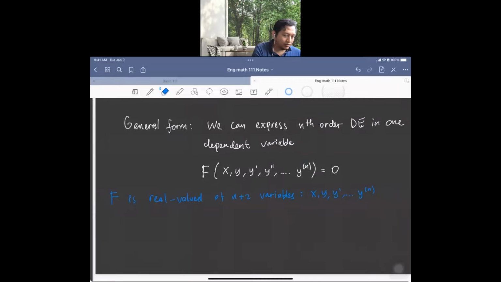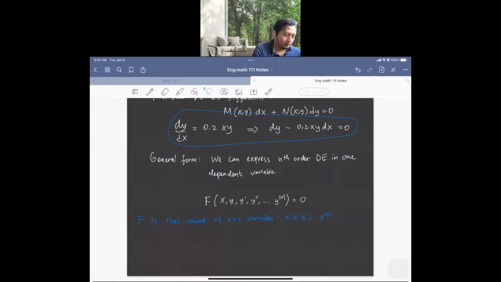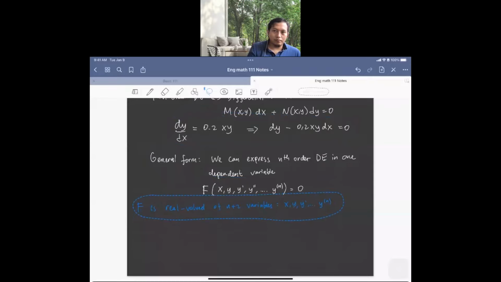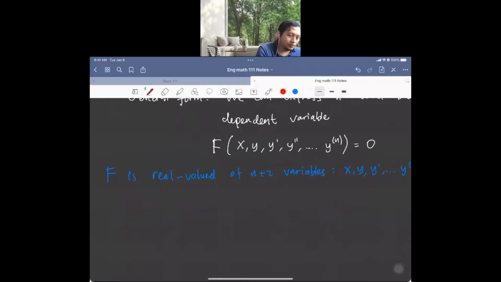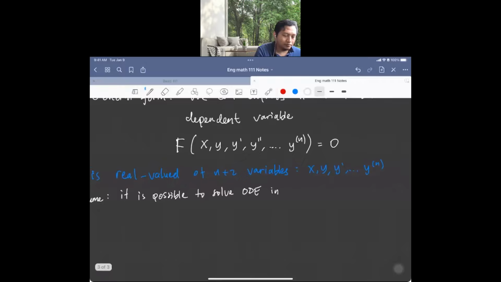So we need to assume it is possible to solve the ODE in this general form